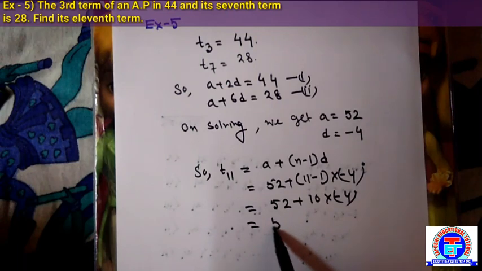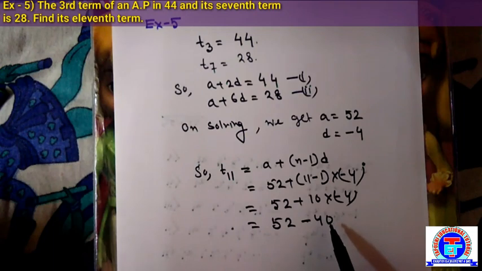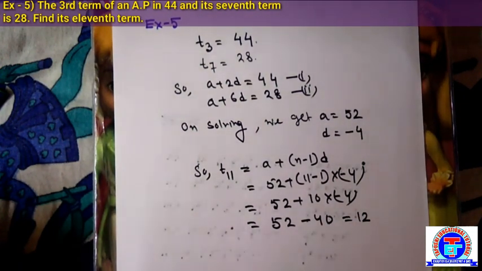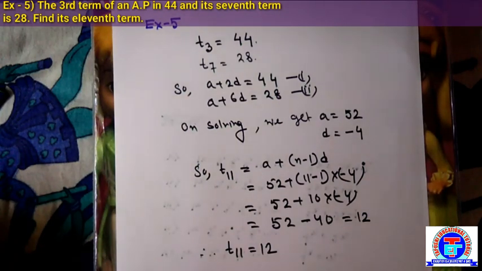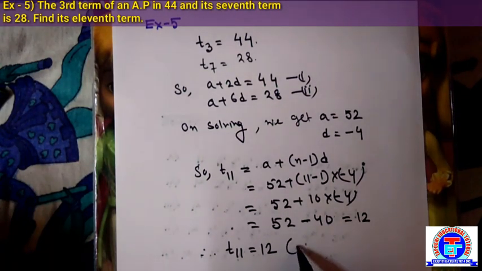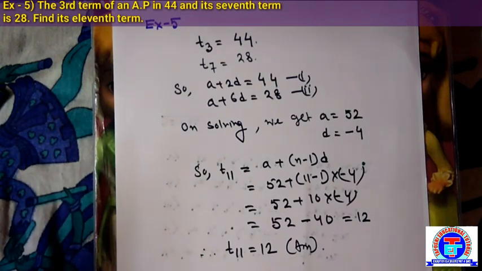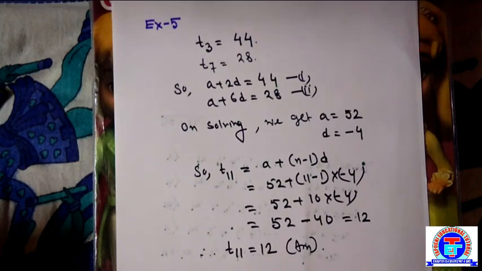So this will become 52 minus 40, that means 12. Therefore T11 is equal to 12. So we can write the 11th term is 12. This is the answer. I hope student, this problem and its solution help you to improve your arithmetic progression,